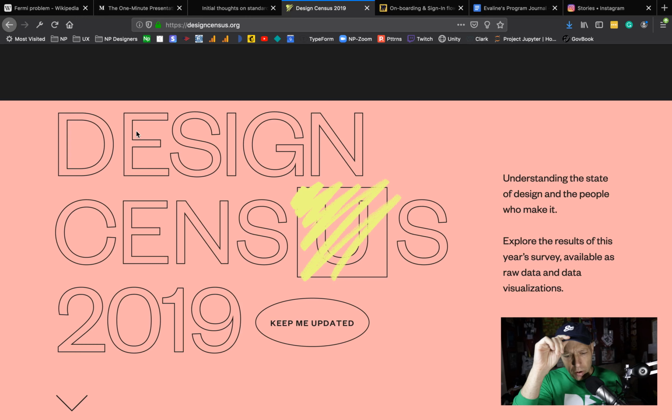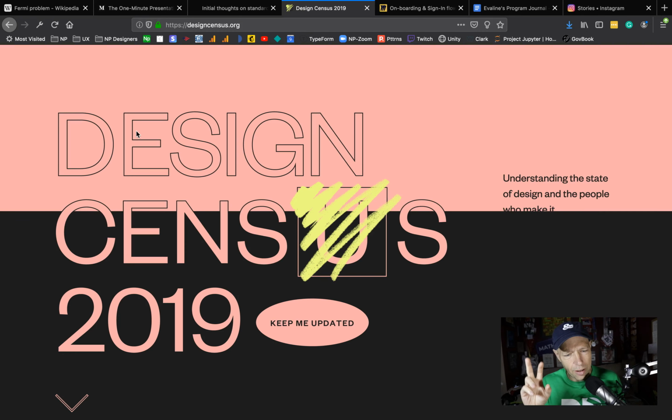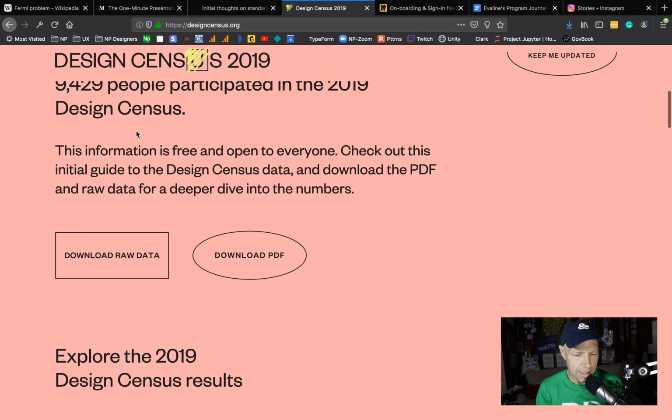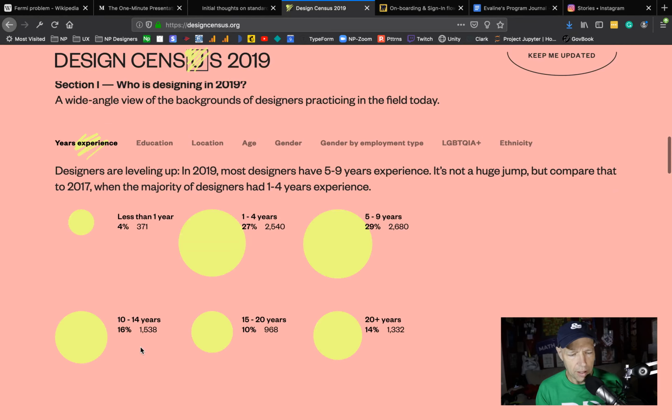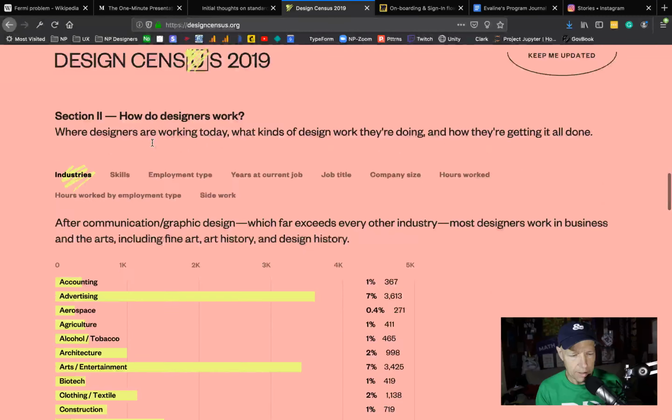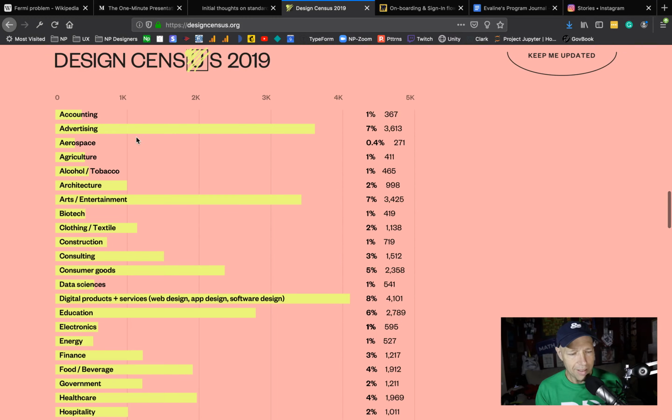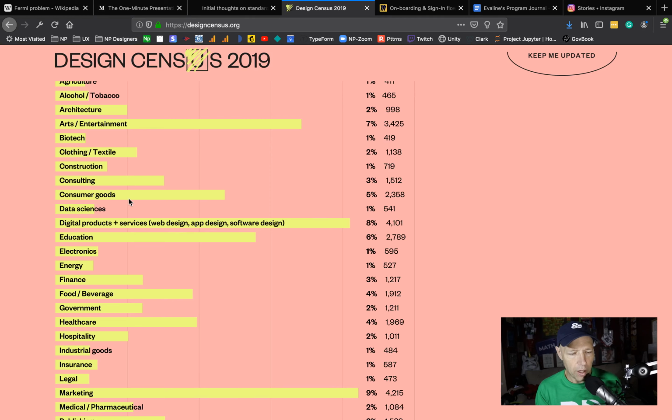These are closer to artists, and if we look at the PDF or the raw data, you can kind of see who's participating here, and what I'm really looking at is how designers work. Like 7% of them are in advertising, arts and entertainment. 7%. The one area that we really focus on is digital products and services, where they've lumped web design